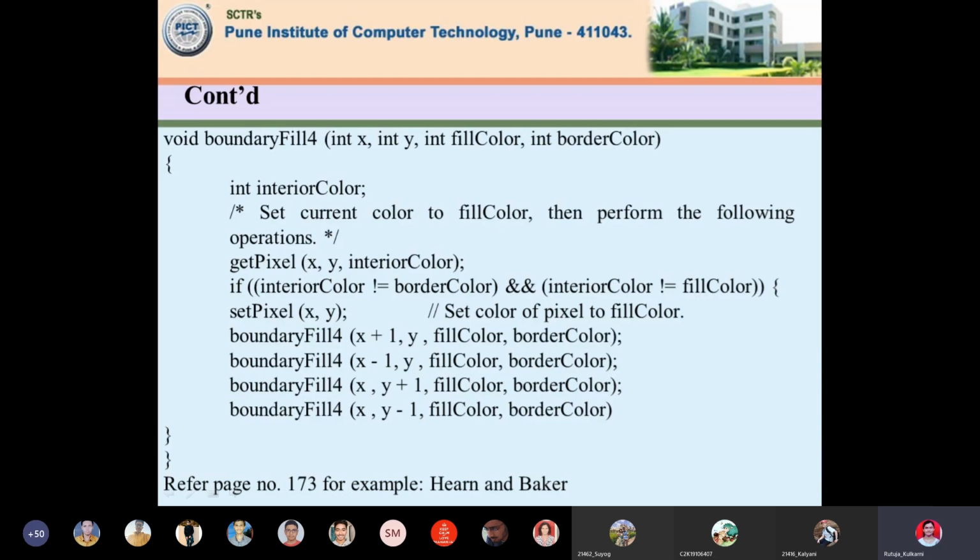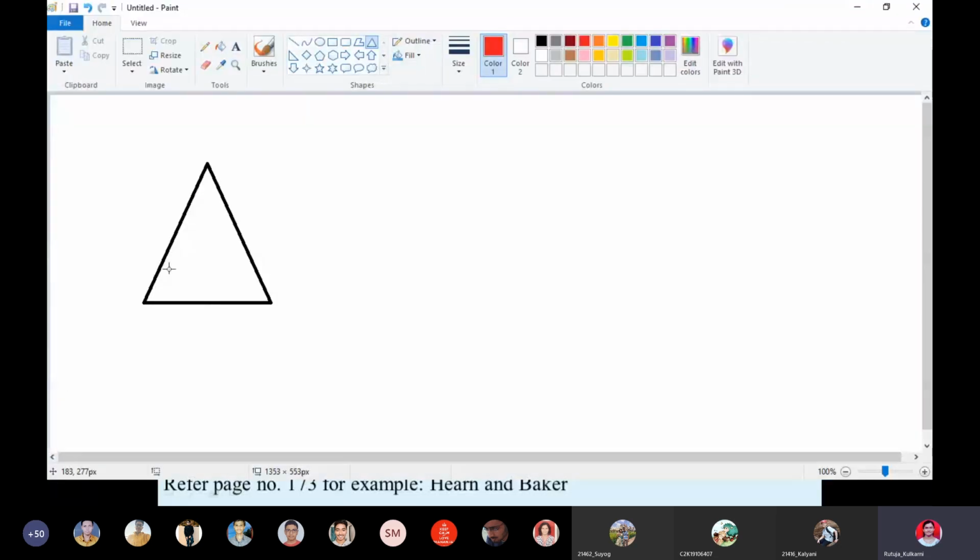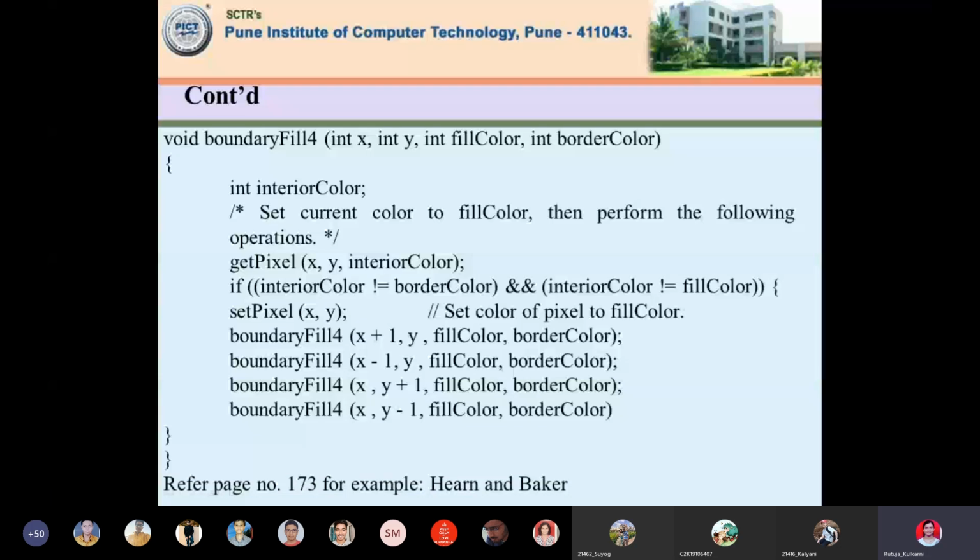Which one is the interior color currently? Anybody? What will getpixel do over here? Getpixel gets the current color of a pixel. I haven't filled a single pixel yet in the polygon. The polygon is empty currently. So what will be the interior color?